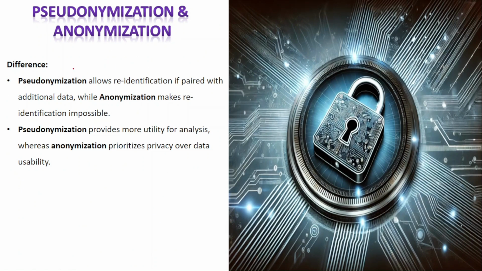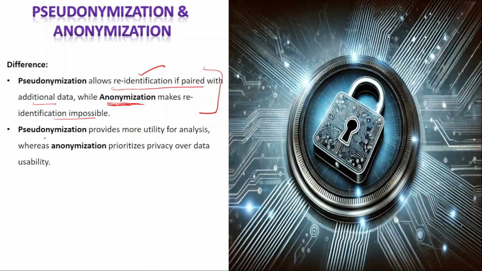And again, what is the difference between these two? Pseudonymization allows re-identification, so it is reversible with additional data, while anonymization makes re-identification impossible, or it is irreversible. This is very important from the exam perspective. Anonymization makes the data completely anonymous, makes the person completely anonymous. It is irreversible, it cannot be linked back, while the pseudonymization can be linked back to the original with the